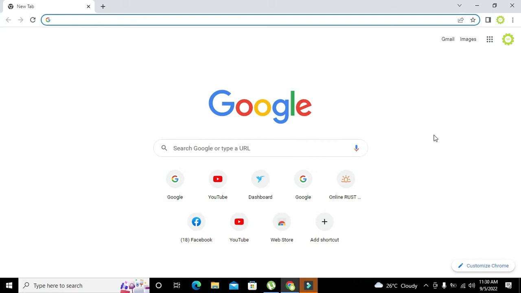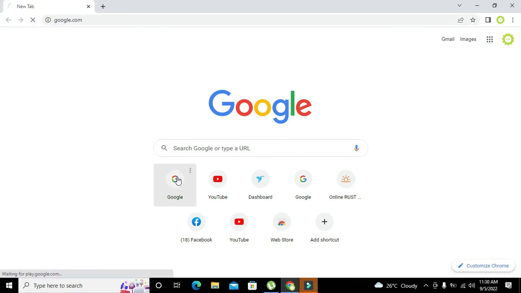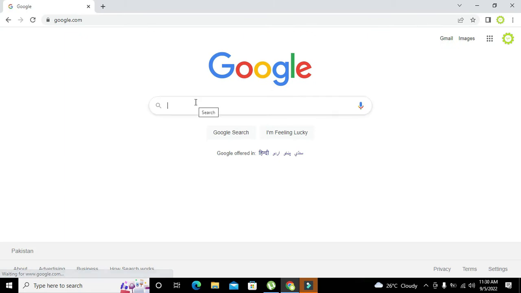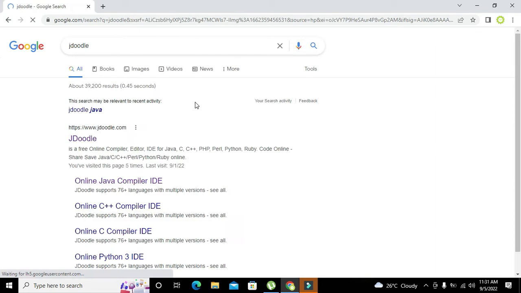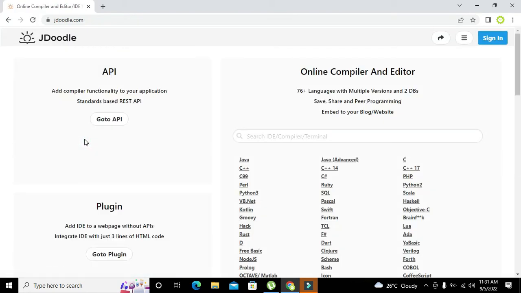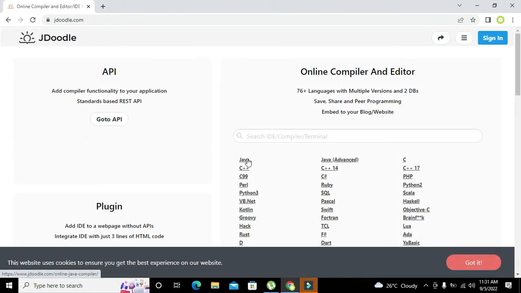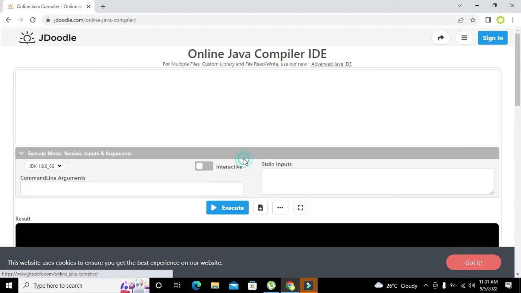So today we will learn about the for loop implementation within the Java jdoodle platform. It is an online compiler, and in order to open it you need to go to Google, and then write here jdoodle. Jdoodle provides compatibility with a lot of languages like Java, C++, Python and all these things. So we will click on Java,